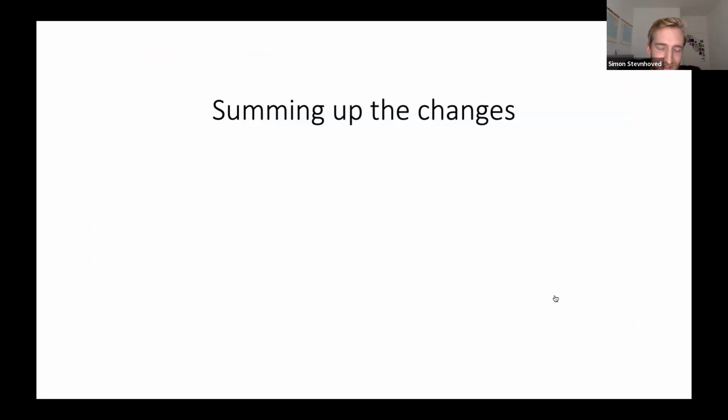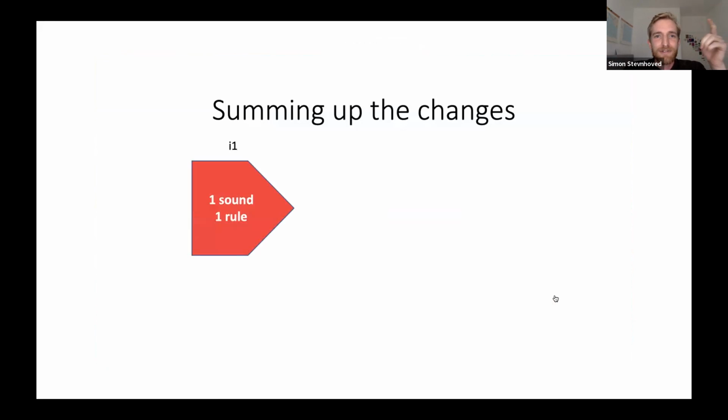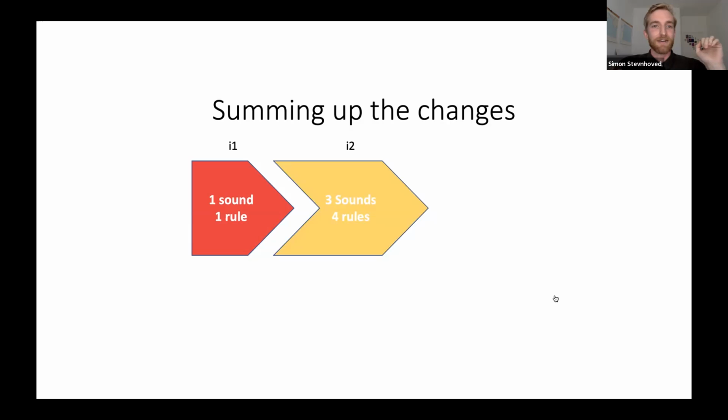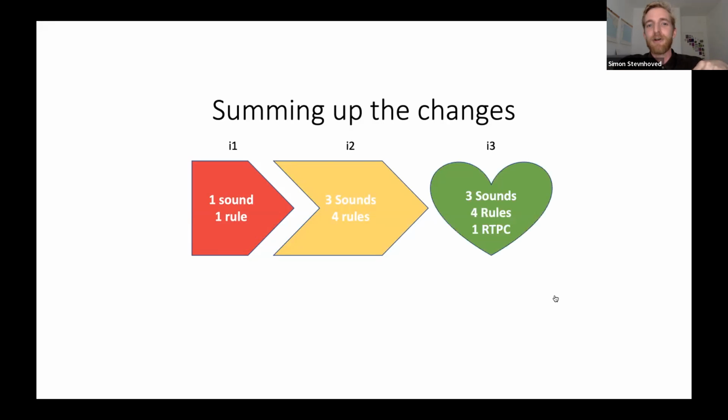So to sum up a little bit from these 3 iterations, we went from the original Stressful Haze version of just 1 sound, 1 rule. It didn't really work, but it worked if players just ran over that bridge. That was fine. No one would notice. But then 2nd iteration where we said split the sound up into 3 sounds and we added some more rules, works no matter how fast the player walks over. But then the third